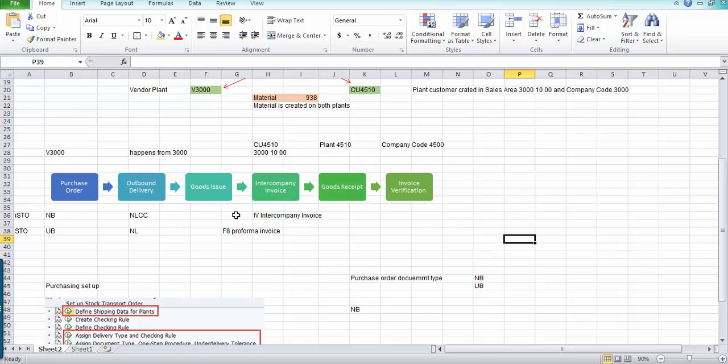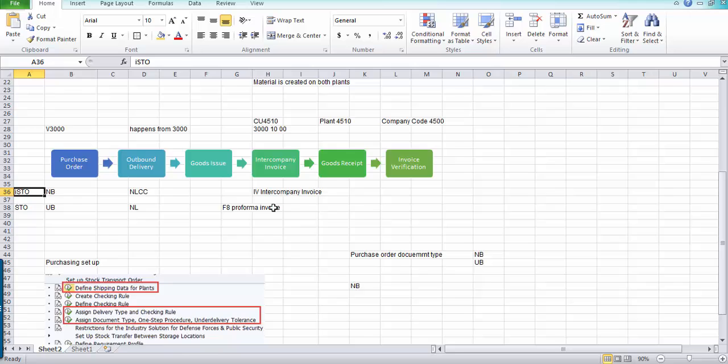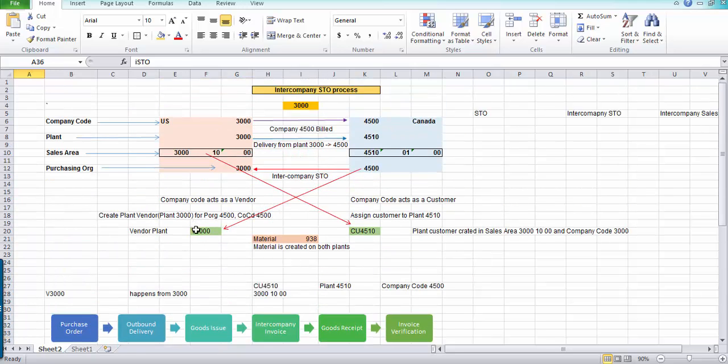The second scenario wouldn't be eligible for billing, hence I have only set up a pro forma invoice, which might be required in case of customs or cross-border transports or shipments. And in the first case, you surely need a billing document, and hence we have set up an actual billing document which will carry out postings. So these are the steps that you need to make sure are ready in your system before you actually go ahead and process